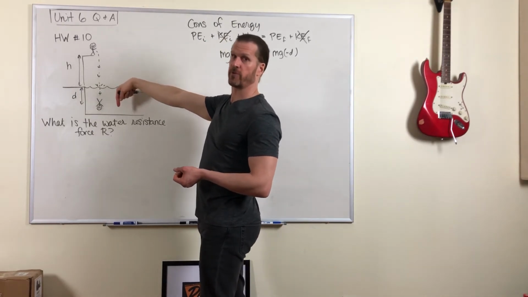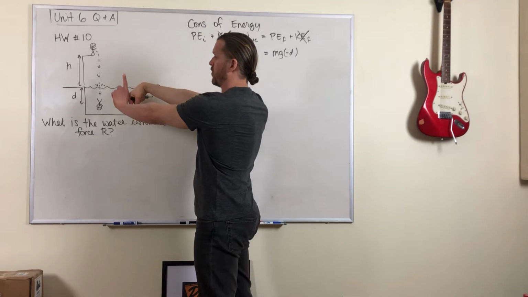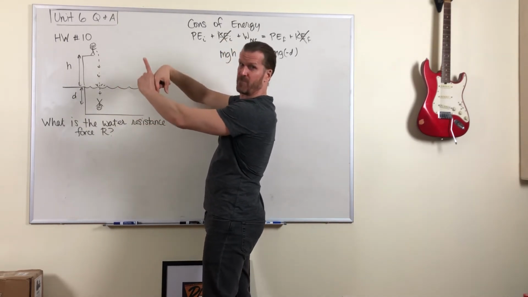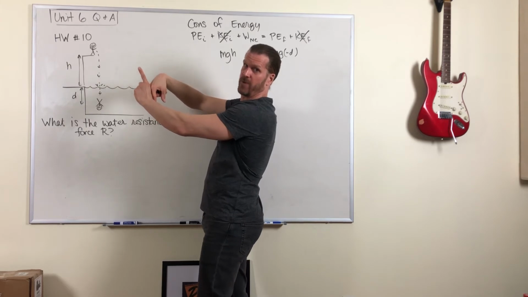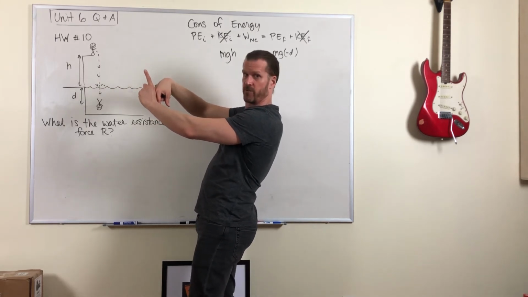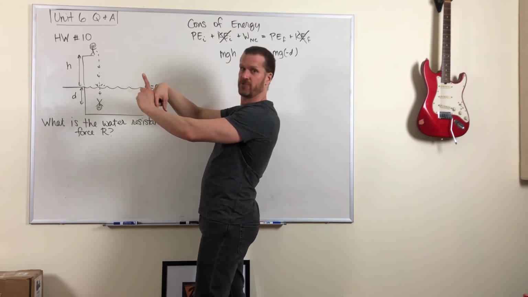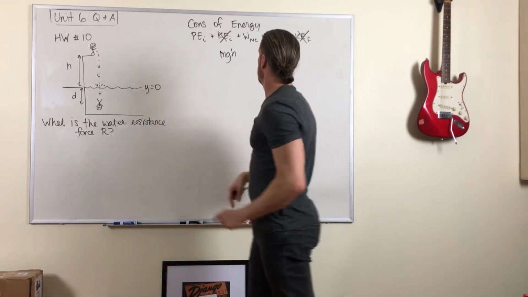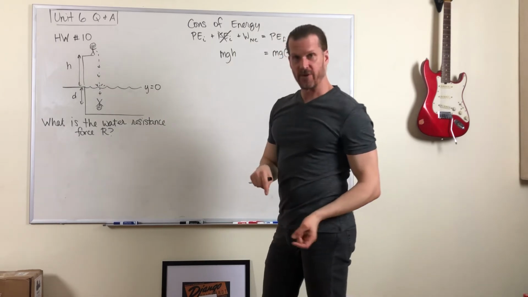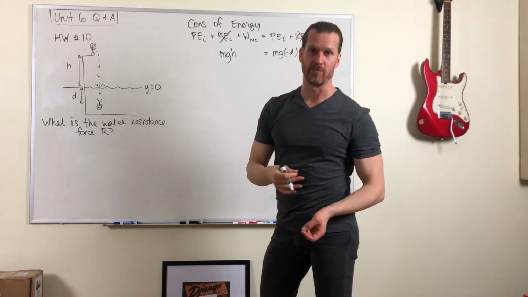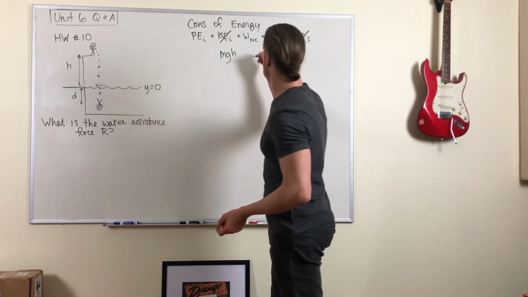Resistive forces always oppose the motion, so the water resistance force will be pushing upward. Those two vectors are in opposite directions. So by the definition of work, where there's cosine of that angle, that's cosine of 180, which is negative 1. So this is going to be a negative number, and by the definition of work, force times displacement times cosine of the angle,